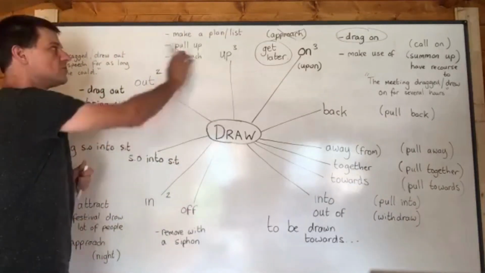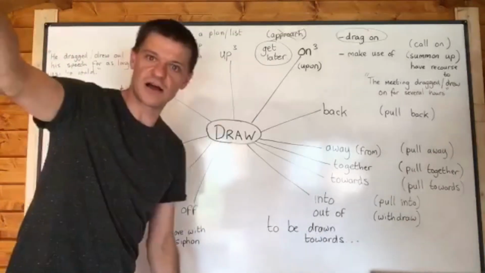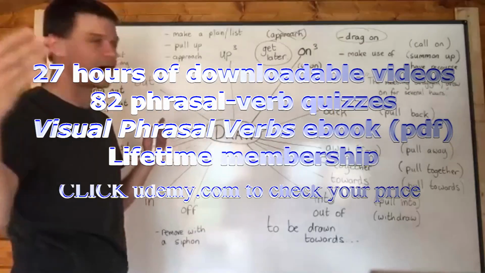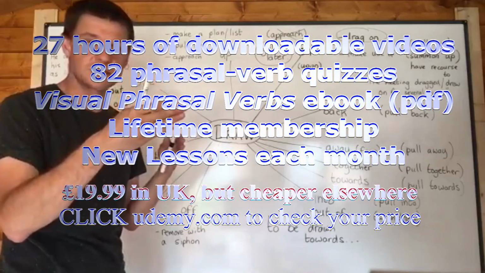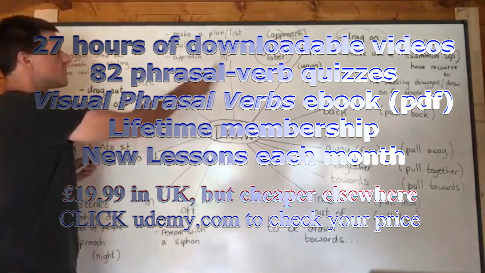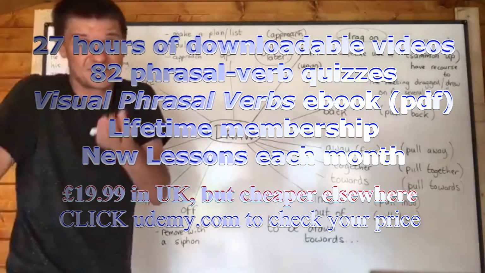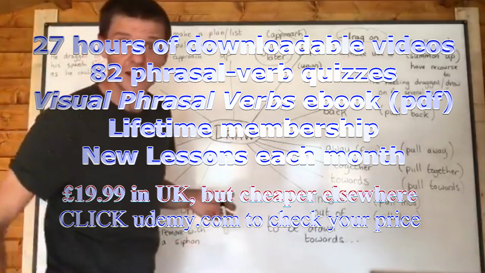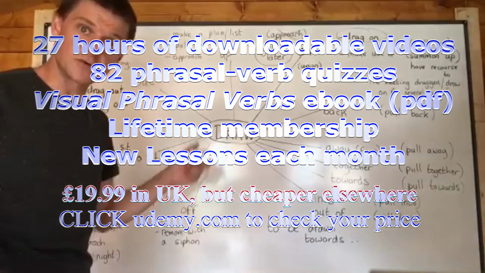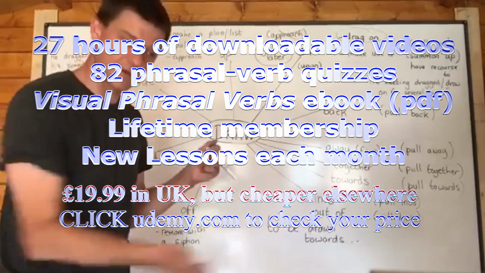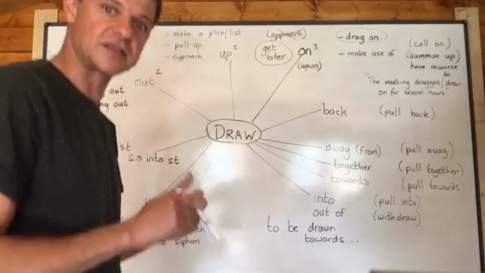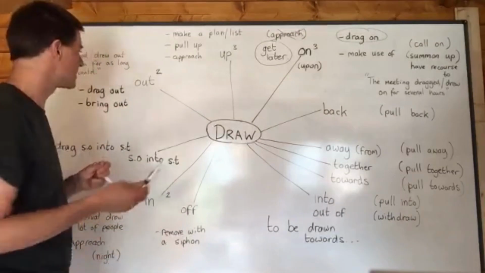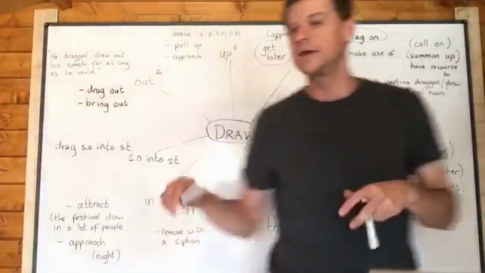But draw up can also mean pull up. I can say his car has drawn up outside, meaning his car has pulled up. His car has approached my house and stopped. And draw up can mean approach, kind of like I've just said. But you can draw up a chair, meaning just pull a chair out and then sit on it. Draw up a chair would mean pull a chair out from under the table and sit on it. So there are many things that you can draw up. You can use that in a number of different ways as well.